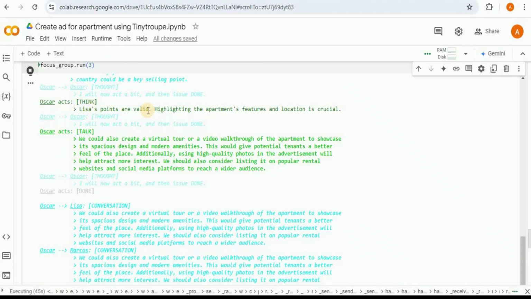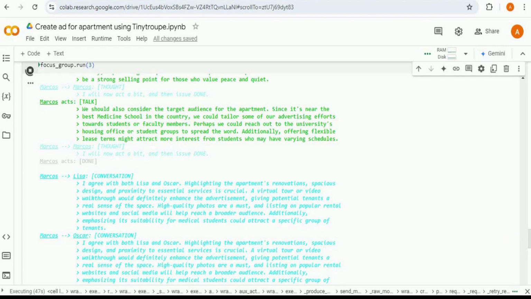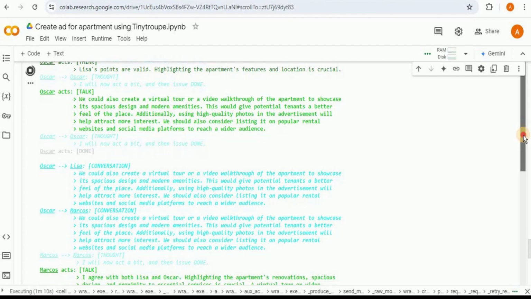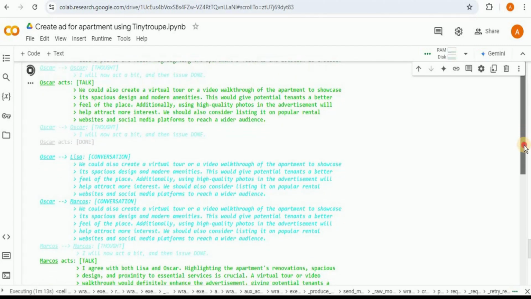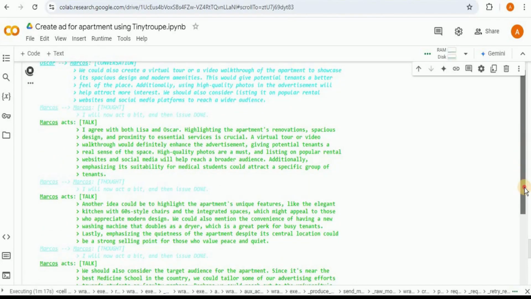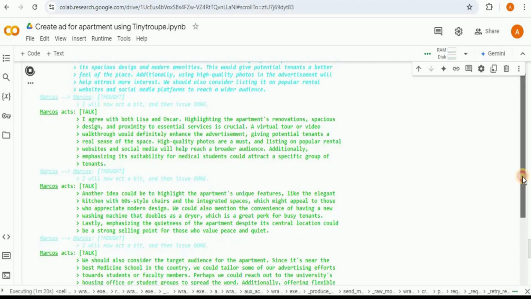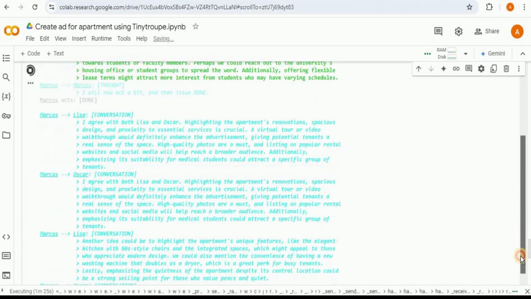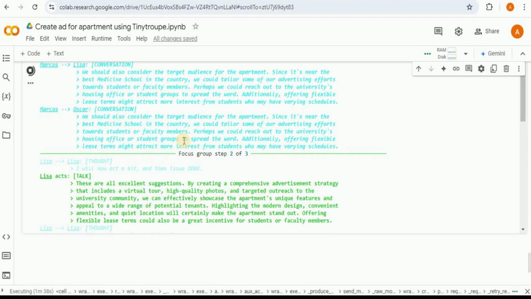So it is saying that Lisa's points are valid, highlighting the apartment features will be helpful. Then Oscar is adding that we can also create a virtual tour or a video walkthrough of the apartment to showcase the different amenities. Then the information provided by Oscar is passed on to Marcos. It then acts upon it and provides its own input for the task which we have provided to them. So here our first iteration is completed.